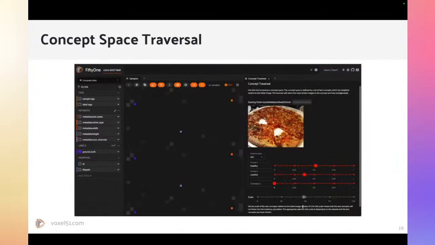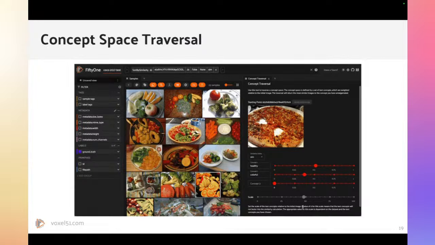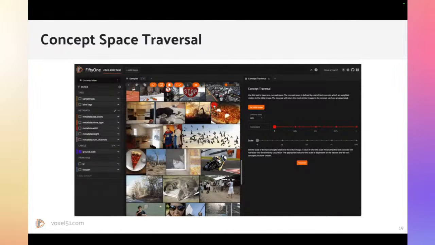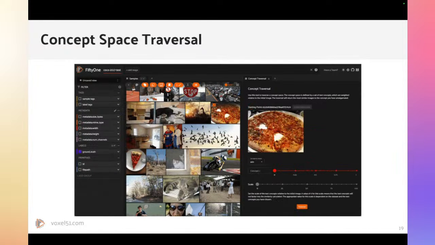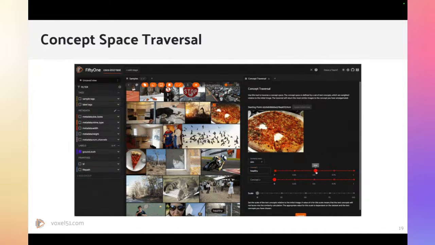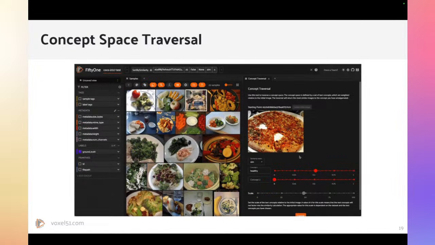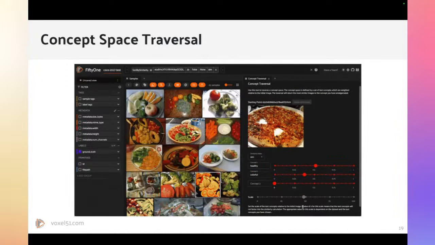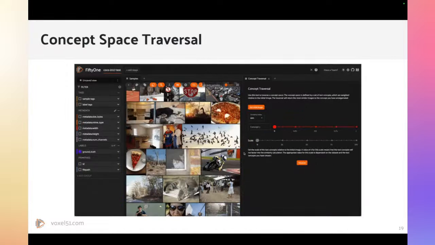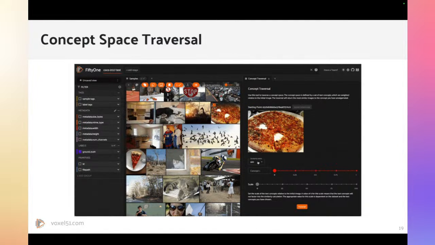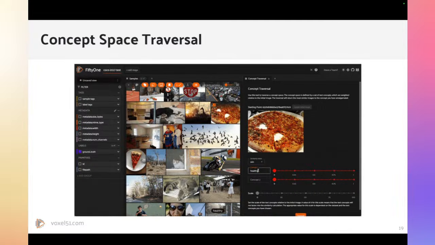And you can do things like traverse the space of concepts in your data set. So you can start with an image and iteratively add textual concepts to that. Here we're adding a little bit of the concept "healthy," which is a text concept, and we're seeing how the space of similar results changes as we do that. So we went from pizzas, we added some healthy, and we got some plates of vegetables and avocado. You could add more concepts, you could add more multimodal data and go from there.